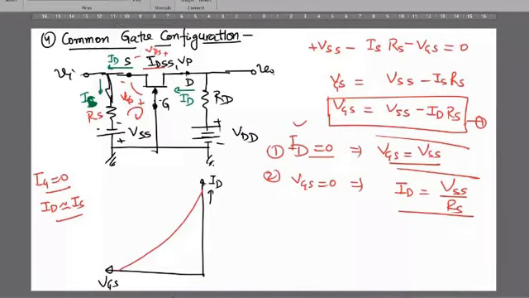Like in transistor characteristics, we were drawing a DC load line. In a similar way, we draw a DC load line here and we try to determine the Q point by biasing. And here it was VDS. Generally we need that the transistor must operate somewhere in the center of the transfer characteristics. So we draw a DC load line like that.